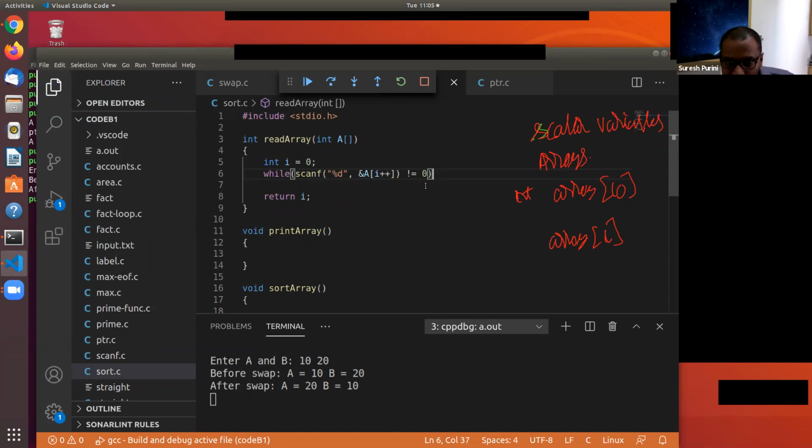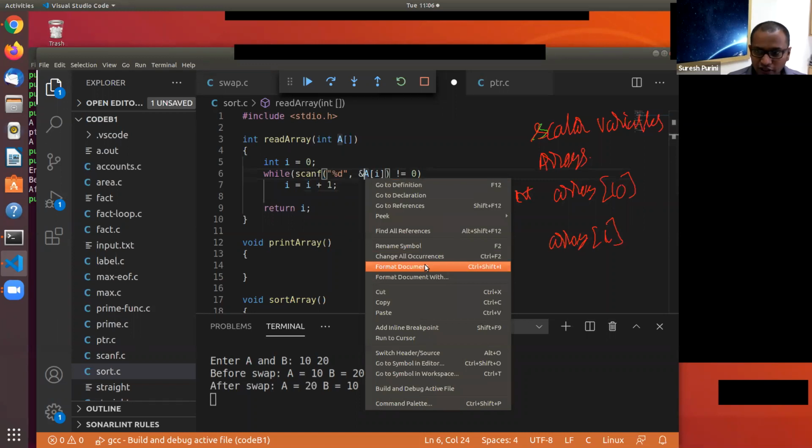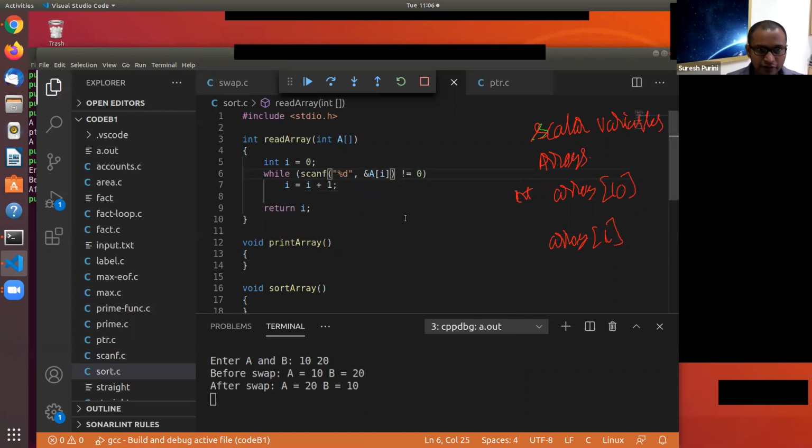No, it's not like the original swap or anything. So I want to maybe slightly do this like this. I is equal to... I think this is a better way to do it. So there's a reason I changed the code. I want you guys to figure out why I changed this a of I plus plus to this particular form.